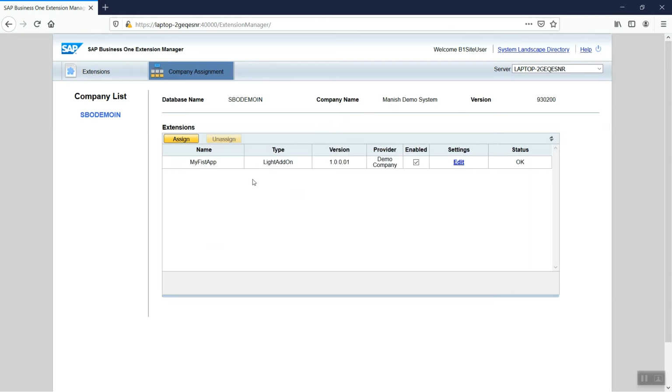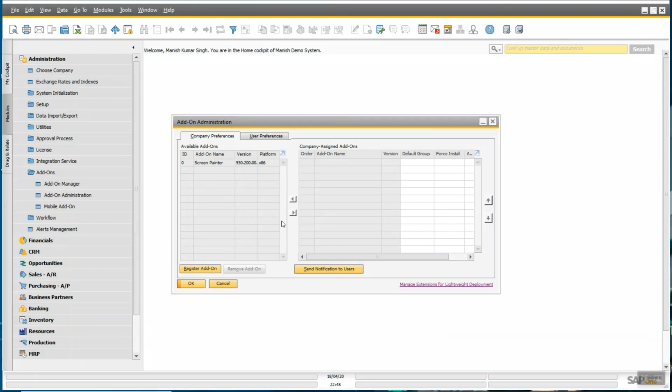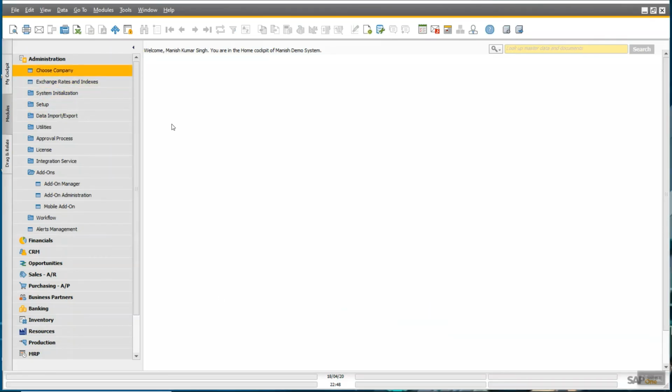So we have completed the installation part. Now we will move to SAP Business One and check whether the add-on is running or not. So let's come and re-log in.